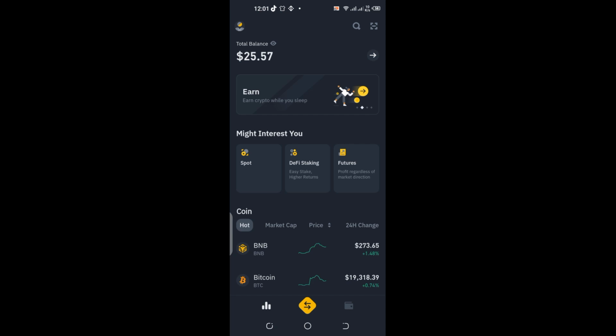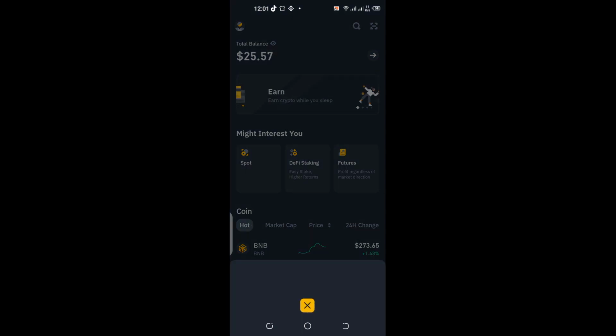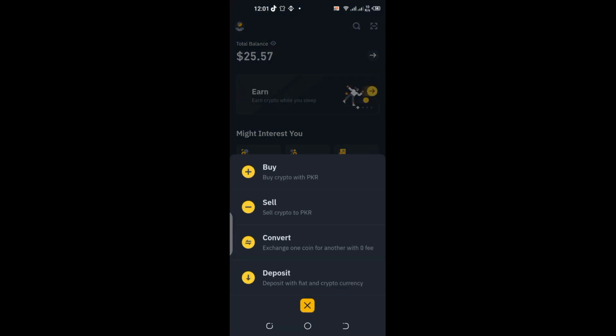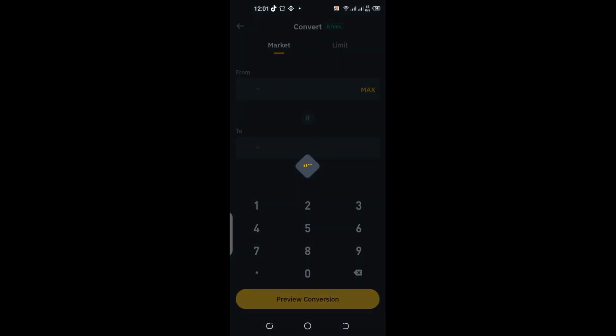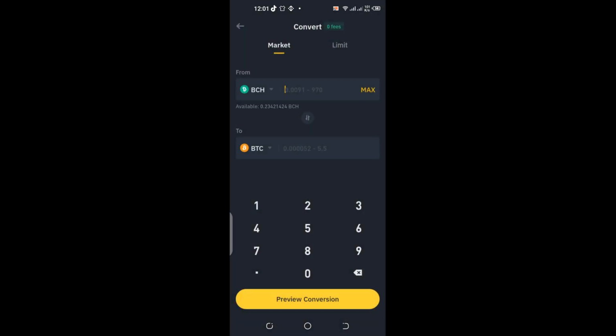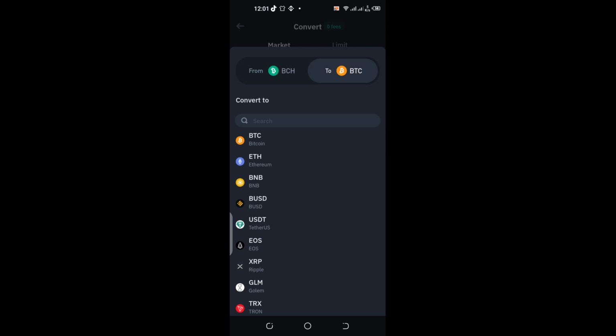I am in my Binance application, and as you can see, I have $25.57 worth of cryptocurrency. So first of all, I'll just press this yellow icon and I'll go to convert. Now it says BCH. So what I'll do, I'll put it to max, and over here I'll choose USDT,